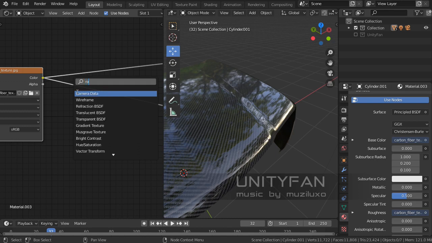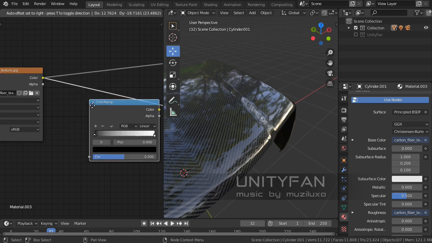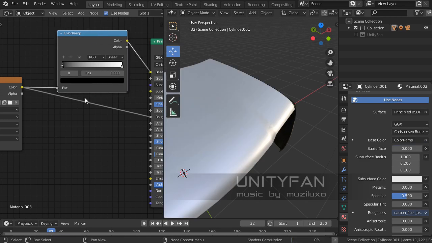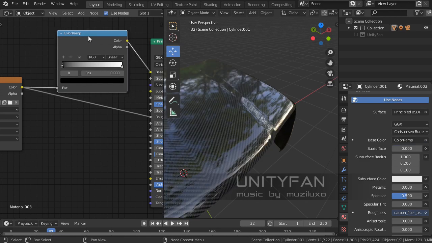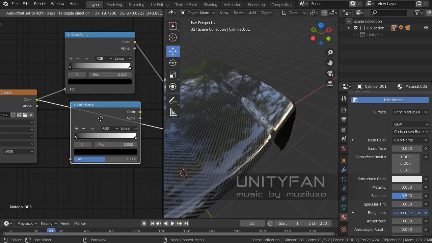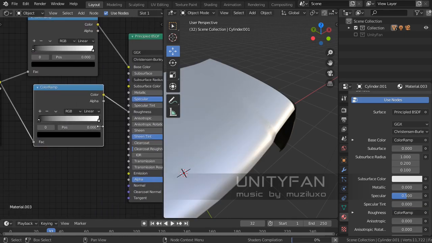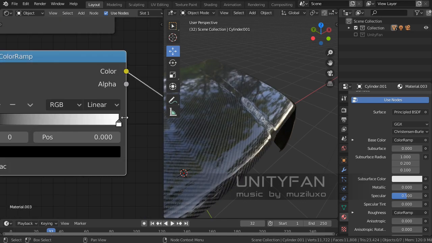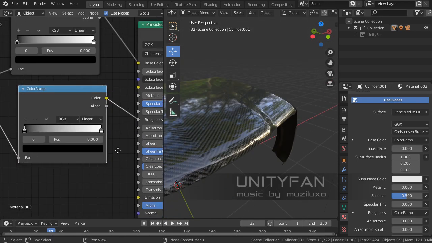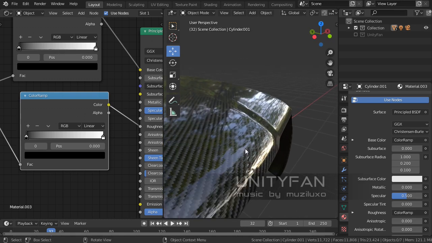It's a very popular thing in other tutorials, and we add it to the base color, and we have to add it to the roughness connection too. And now by moving these sliders,